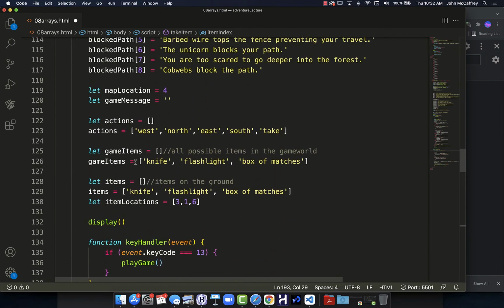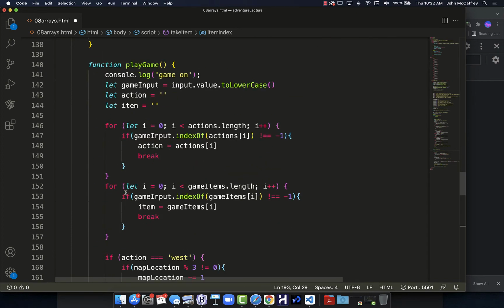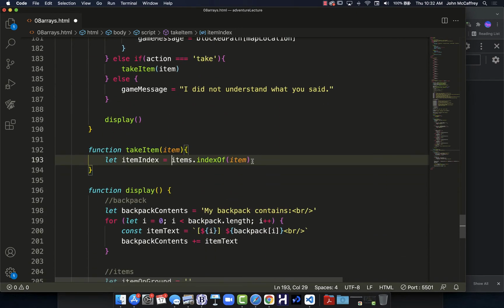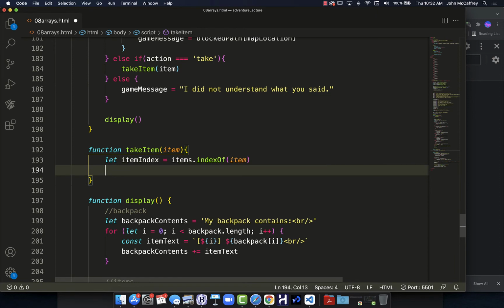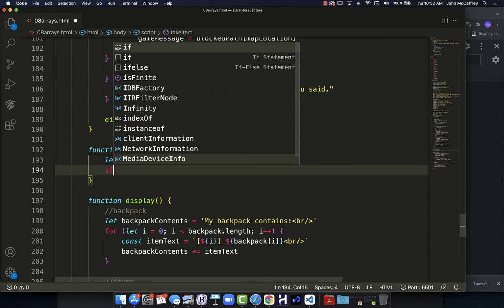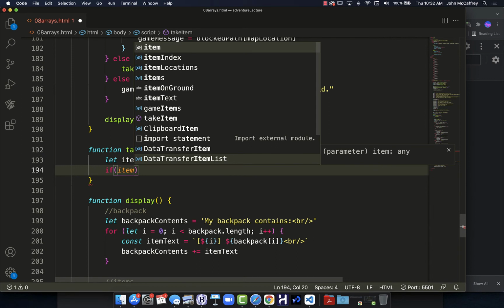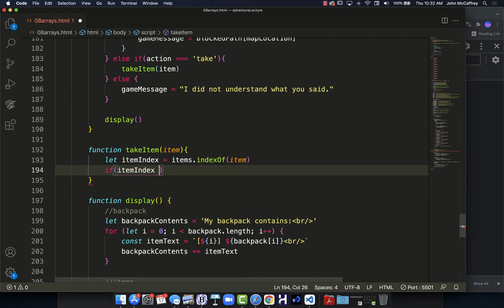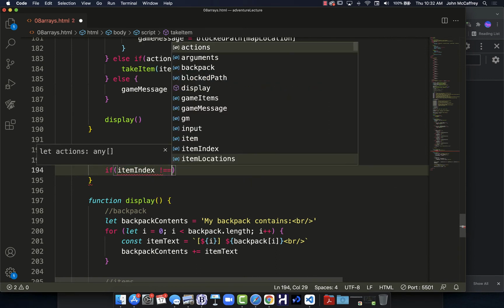We have our main game items, which just means we can try and use an object that exists, and then the items array is the items that are currently on the ground. That's why we are able to take them, because if an item's in our backpack, we can't take it because we already have it. And that's what we will be solving here in just a moment, where we will say if item index here is not equal to